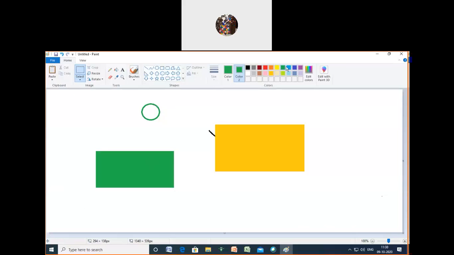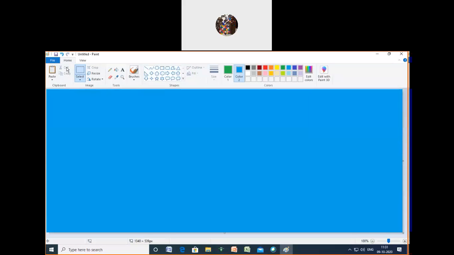Got it? Suppose I'm going to take the background as blue. Got it? Suppose I'm going to cut this place or take it away. So now I selected select all because I'm going to cut fully now. Now what color is going to be visible now? Do you have any idea? Because the background is now which one? Blue in color. Now got it?